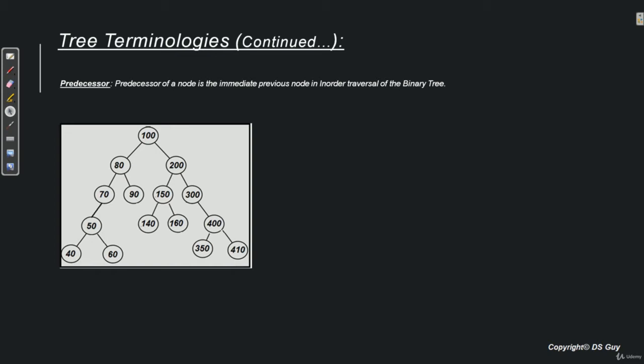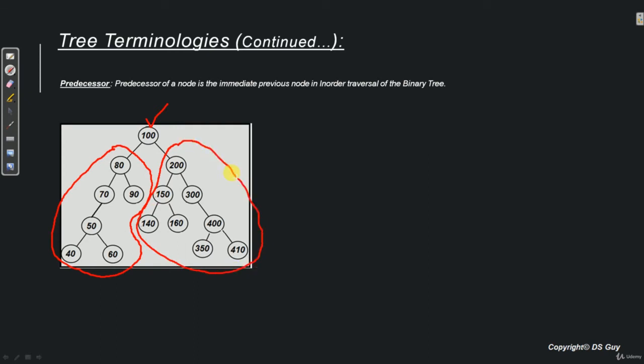Now if we want to find out the in-order traversal of this tree, how do we do that? Basically we traverse the left subtree of this tree and then we traverse the root node and then we traverse the right subtree.